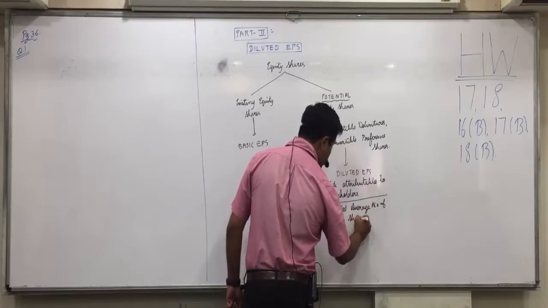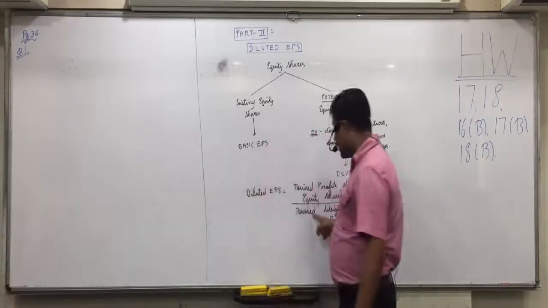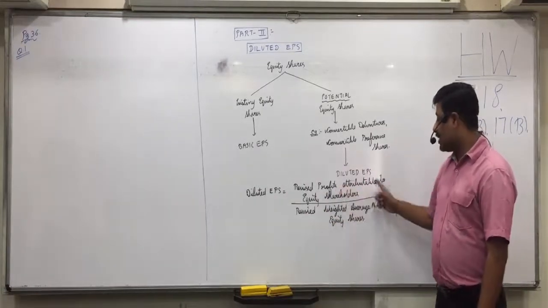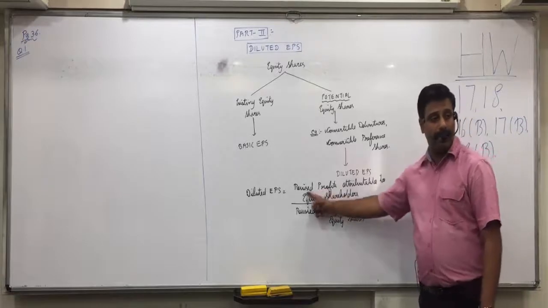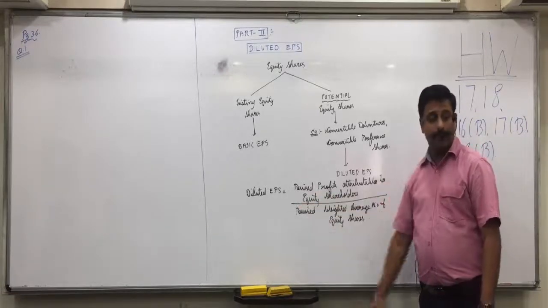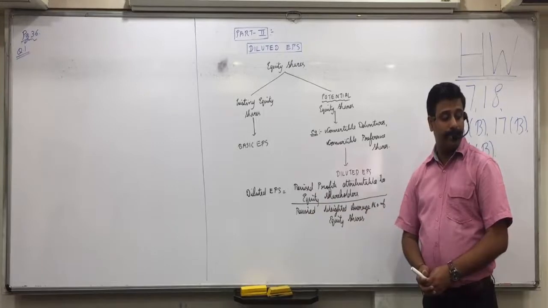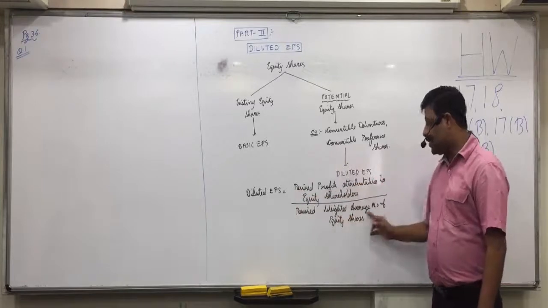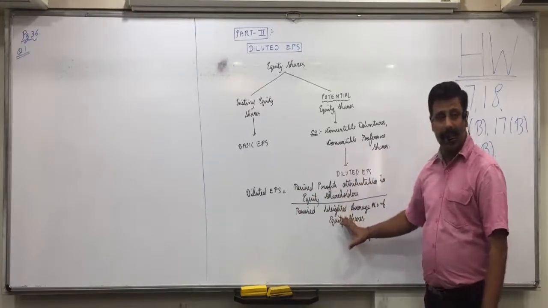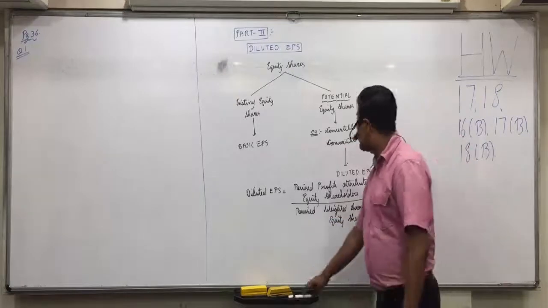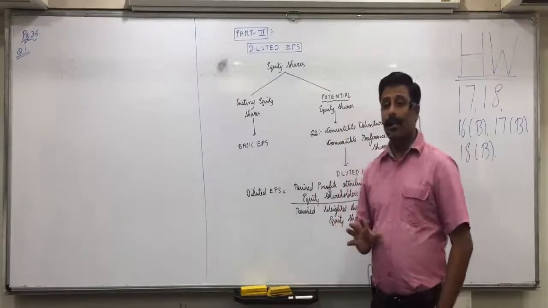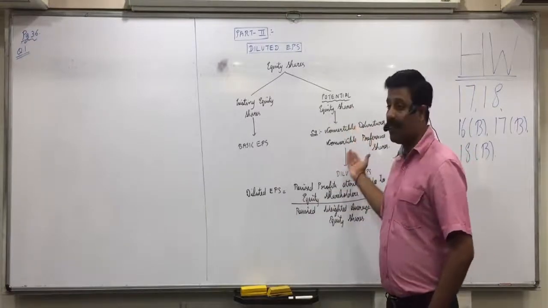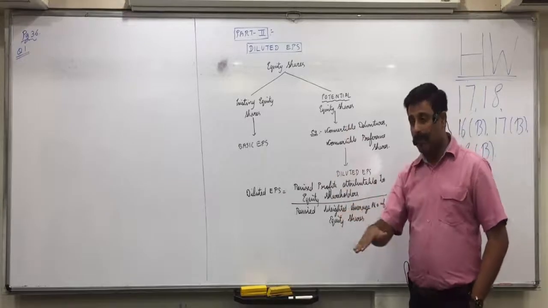The formula is the same, but the word revised is prefixed in the numerator as well as in the denominator. So far, for basic EPS we used to write profits attributable to equity shareholders. Now we write revised profits. And so far for basic EPS we used to write simply weighted average number of equity shares. Now we write revised. What is this revised? Including potential shares is called revised. So we find the profits as if the debentures and preference shares have got converted into equity shares.